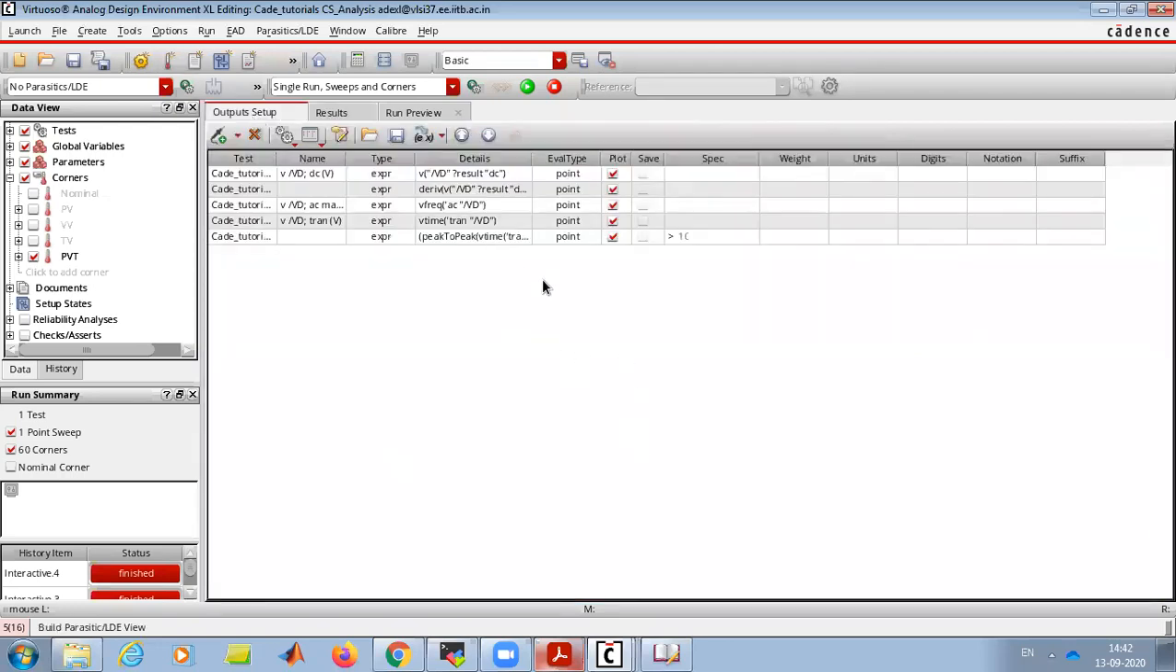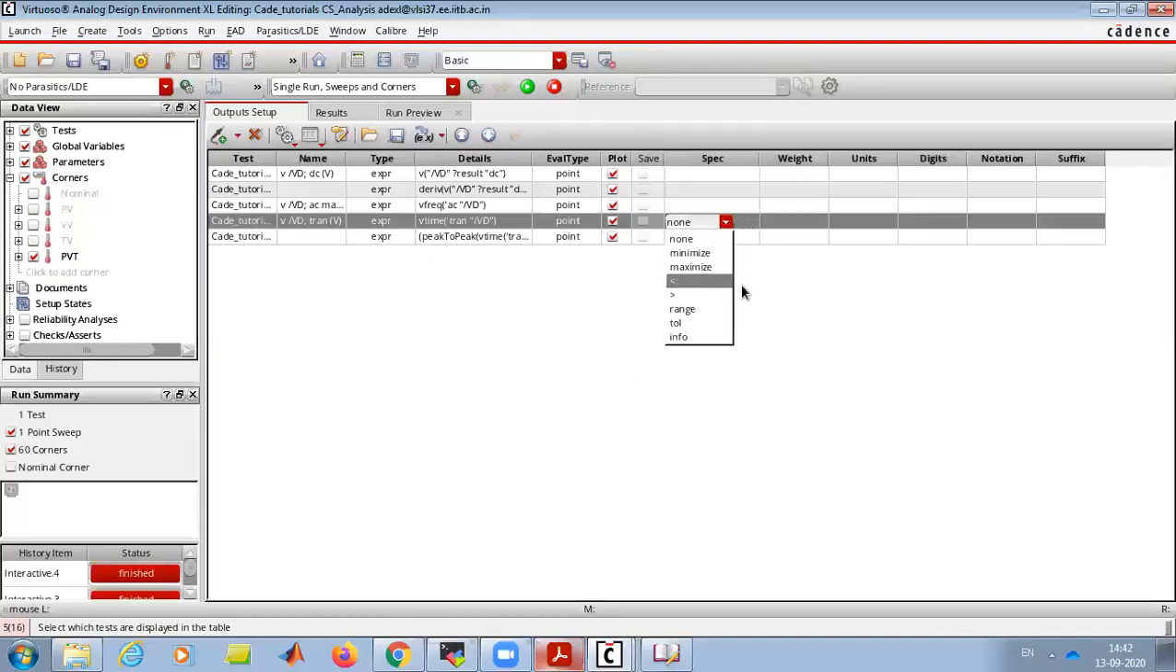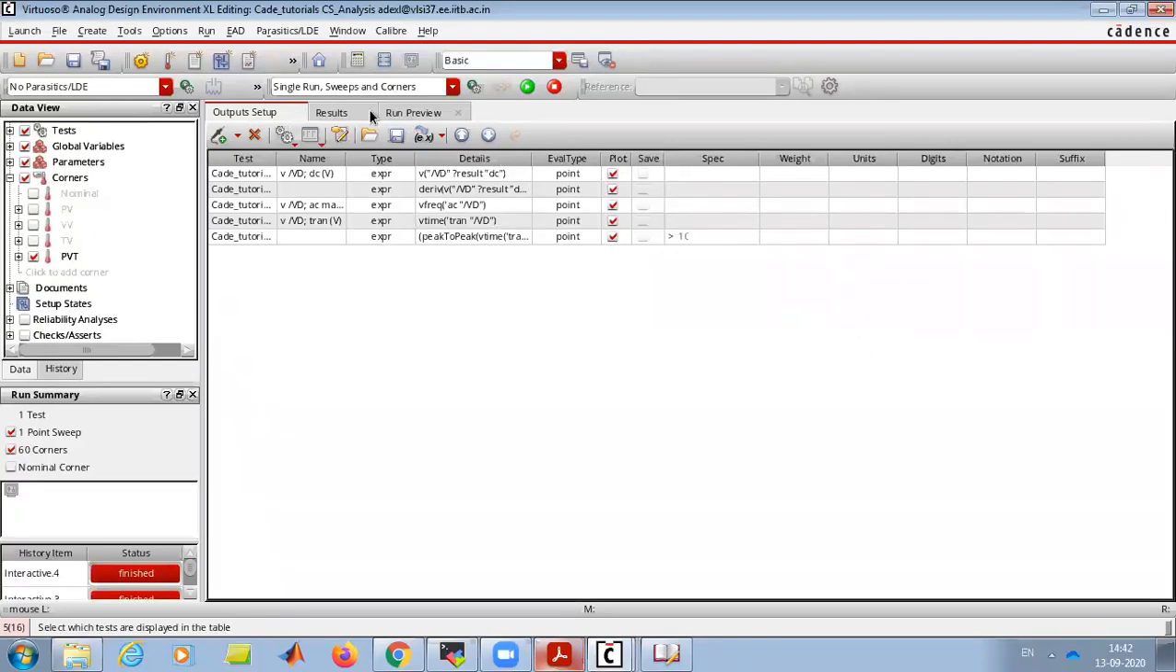The specs are added from here, so that it's not like you always need greater than something. If you want to simulate noise, you always want your noise to be lower than some value. In that case, you will put a lower limit. In some cases, you need a range, that your parameter should always be in this range. Tolerance is also there, min max. So these parameters we can play with, and